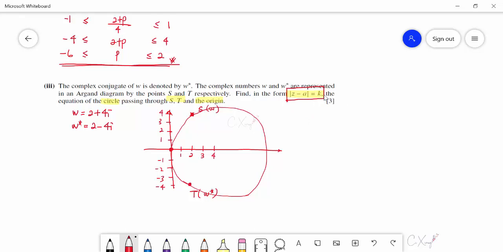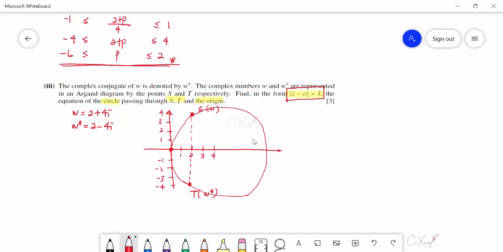Now for this kind of question, first they give you W and W star. I think we might need to use it. So let's say W and W star, if I draw the line, it will actually be a chord to the circle. This is a chord to the circle. And when we are having a chord to the circle, it means that the center